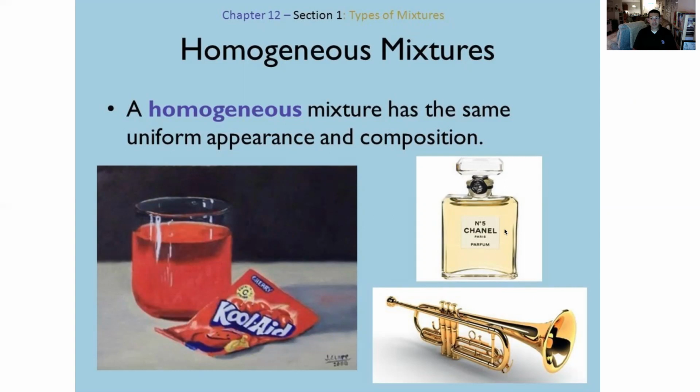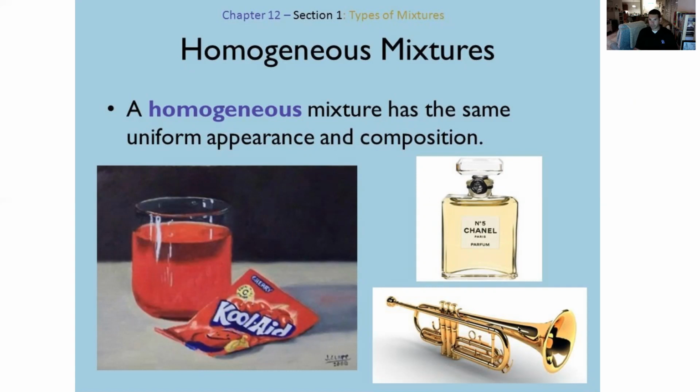Perfumes, colognes, all right, they're liquids. When you spray them, they aerosolize, but these are homogeneous mixtures as well. Lots of different chemicals in the perfumes. I think this is one of the coolest things. It's a lab we can do later in the year, hopefully, where we can actually make different compounds that smell like different fruits. But with all different perfumes, there's a lot of chemistry going on.